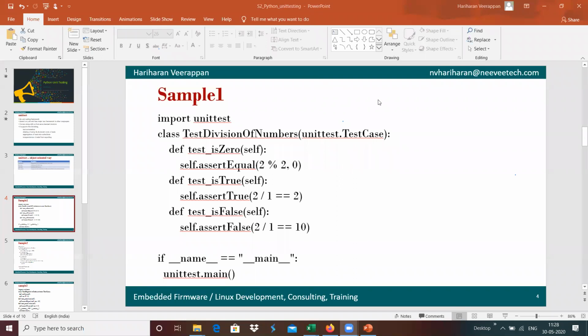Okay, okay, yeah, we can start with developing a simple sample test case over here.